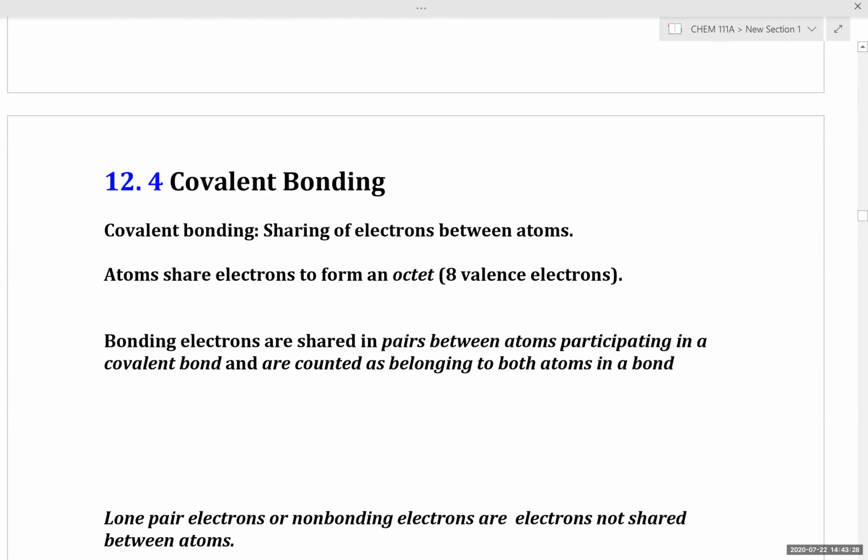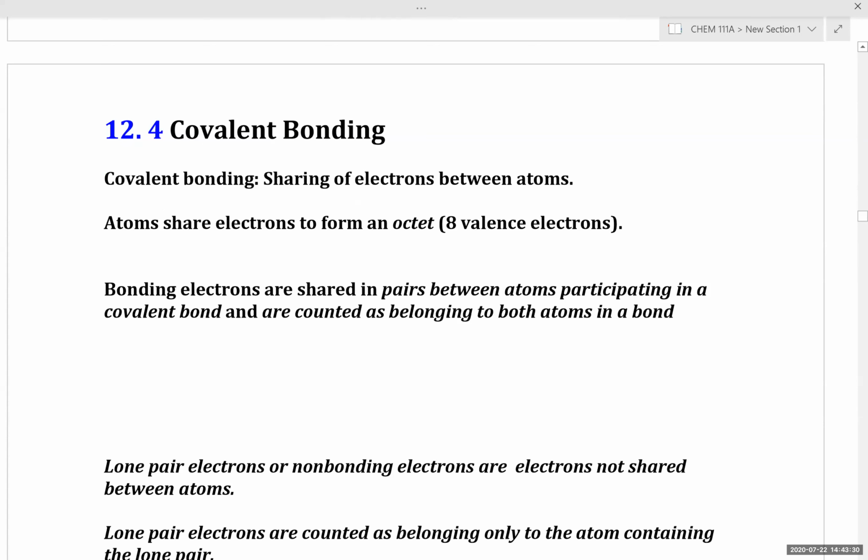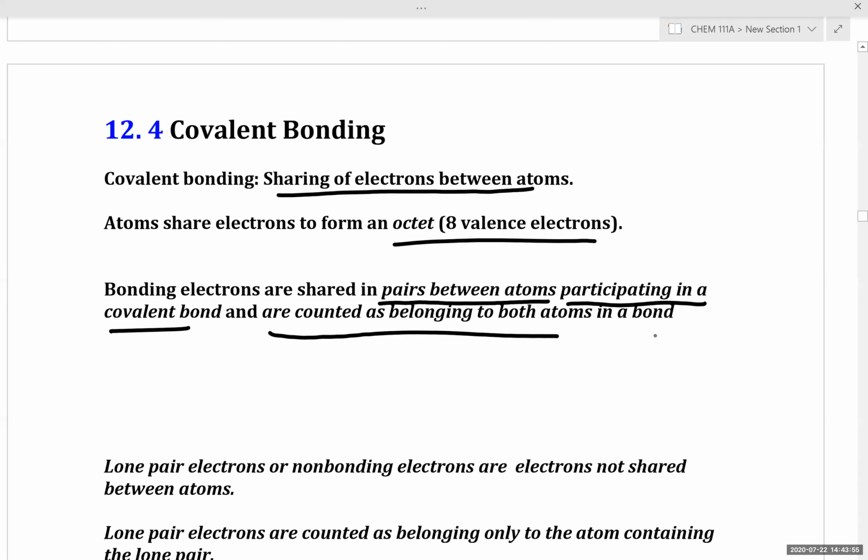Okay, so we've been firmly in the ionic bonding camp. Let's now move and discuss covalent bonding. Covalent bonding involves the sharing of electrons between atoms. Atoms in general will share electrons to form an octet, 8 valence electrons. Bonding electrons are shared in pairs between atoms participating in a covalent bond and are counted as belonging to both